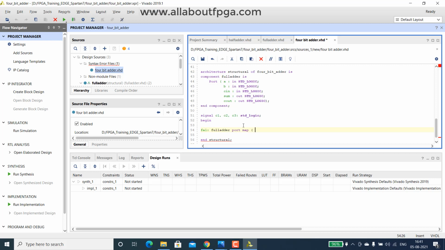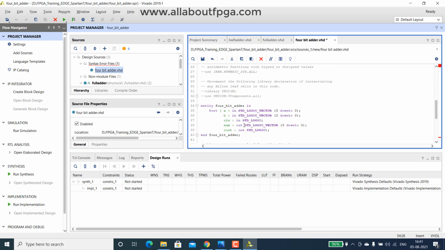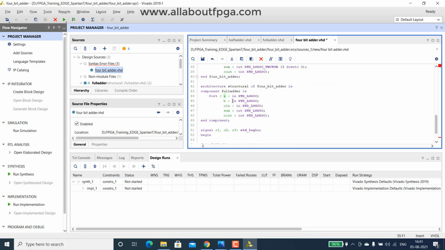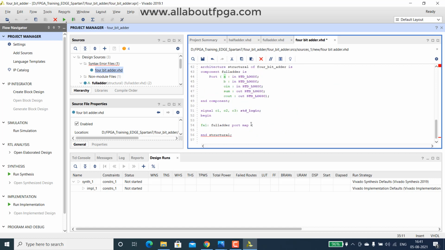So input would be A of, instead of A, it is of 4 bits, so we have to make it as something like A of 0, comma, B of 0, comma, C in, then comma S of 0.